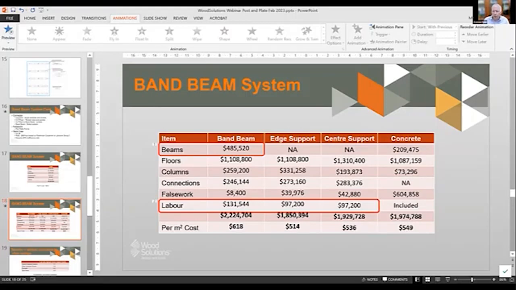The problem with why the band beam costs more is that it had more material in it. But interestingly, Perry and myself spent a great deal of time looking at the labour costs, and we were looking at programs, how many people and how long it was going to take. But if you look at the amount of labour costs in this, it is actually not sensitive to the overall cost. We could have doubled the labour costs and still had little effect on the comparison between the